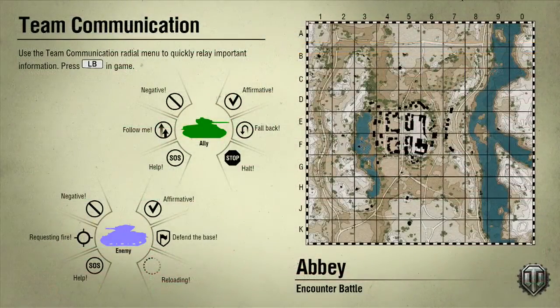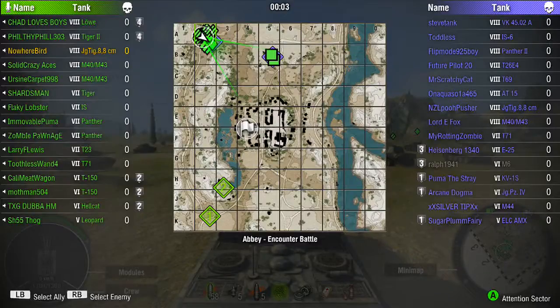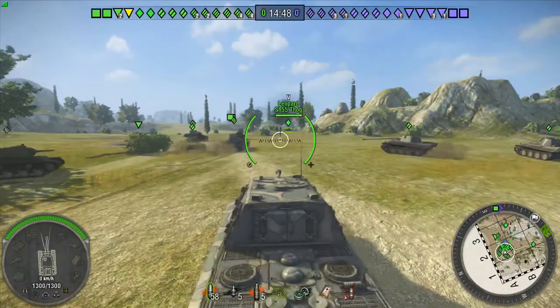Alright, for our second game, we're on Abbey, on an encounter map. So, kind of check the opposition. It's a tier 8 game, 7-6. We got a few more tier 8s than us. It's kind of strange, but